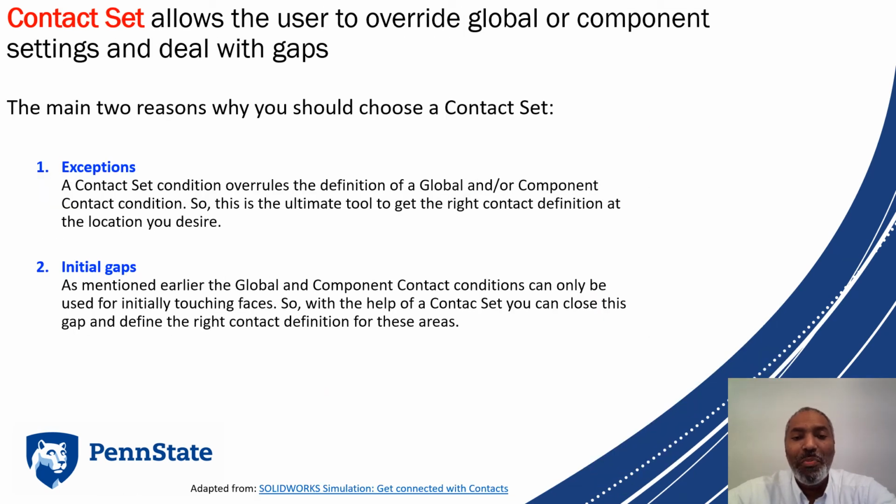All right, our final group is the contact set, which allows users to override global or component settings and deal with gaps in another way. The main two reasons why you should use a contact set are exceptions and gaps. If you have this contact set within either a component or within a global setting, you can specify specific things within those groups that have a different type of relationship, whether it be no penetration, allowed penetration, or bonded. So if you want to override something global, you can do it by selecting the faces that you want to override. And if you have to deal with these initial gaps,